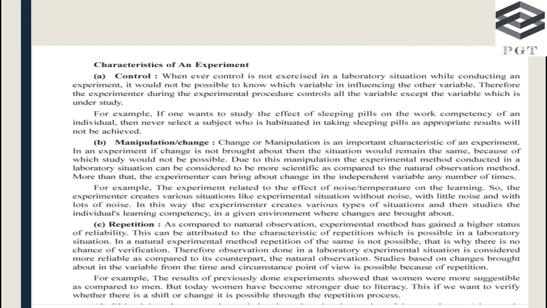Understand? Repetition in an experiment helps to do the perfect ways of change, and we do the repetition in the form of experiment. Why? Because through the repetition method we do the change, which is possible through the repetition process. So we can find out the error, and we can solve the problems. If we are not doing the repetition in the experiment, we are not finding the exact and actual result.